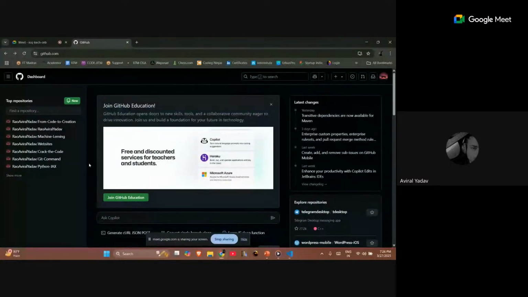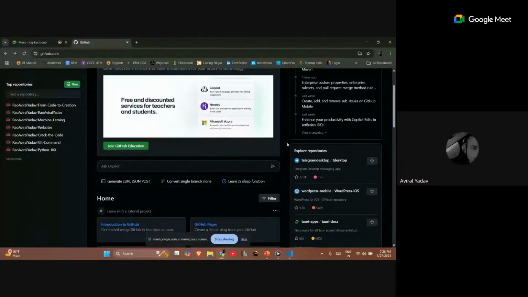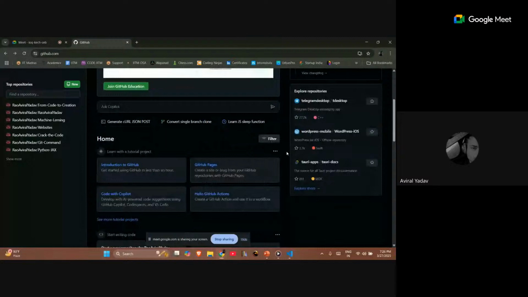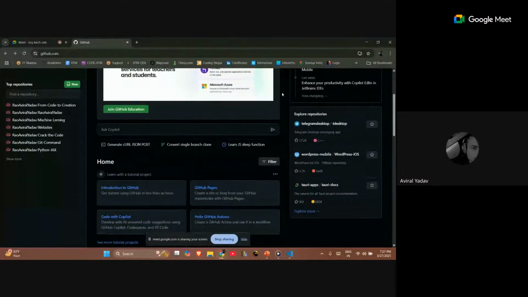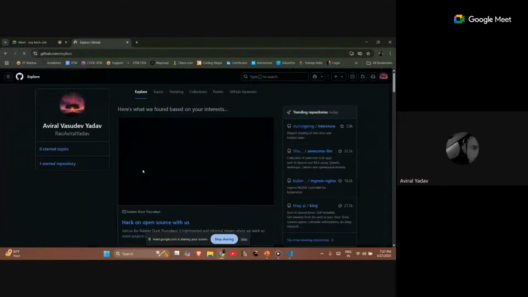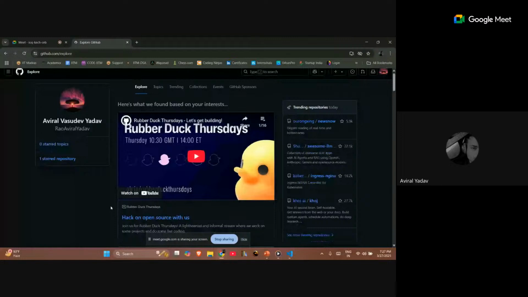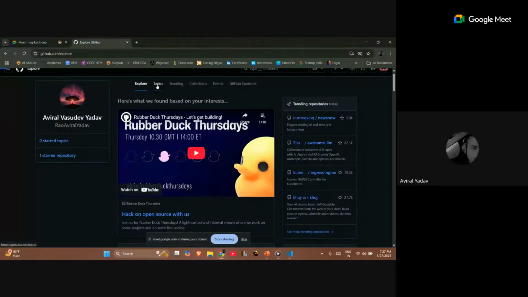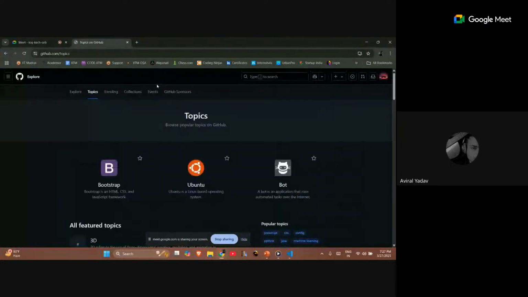Okay, so on GitHub there are more options. You can explore repositories down there. If you have created a GitHub account and all these features are done, you can go to this option called explore repositories and explore more, and you have all this stuff that you can go through. There are particular topics that you want to search about, like bootstrap or bots.